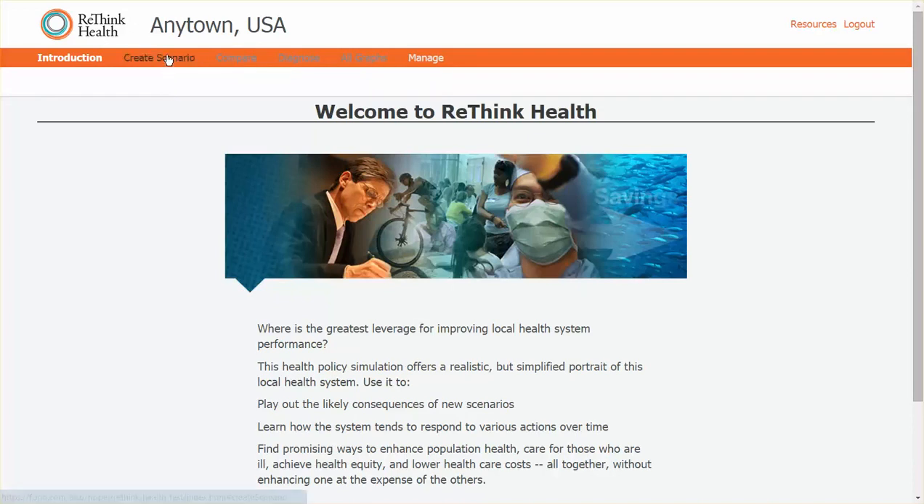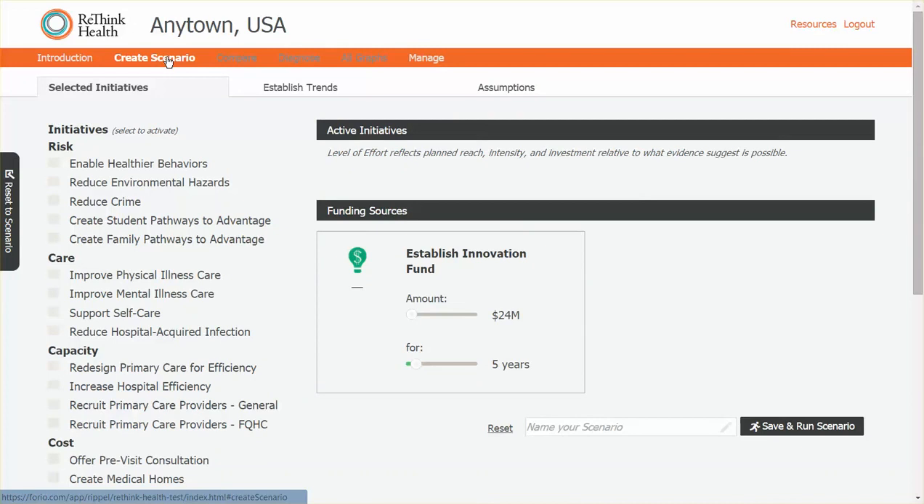It is here that you will be able to select the initiatives and funding options that you would like to test. The simulation includes 23 initiatives that are typically under the realm of control of those pursuing regional health reform. We recommend that you carefully read the intervention description before selecting any initiative. You can review full descriptions, including details on cost and timing of implementation, by mousing over each initiative and hovering